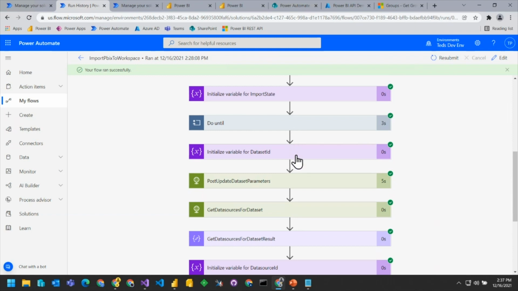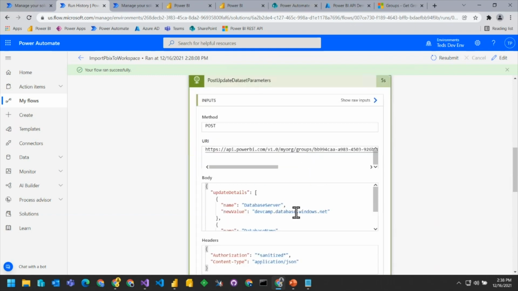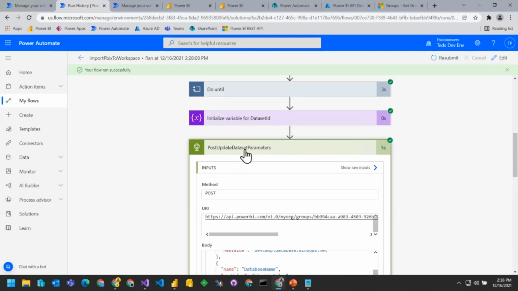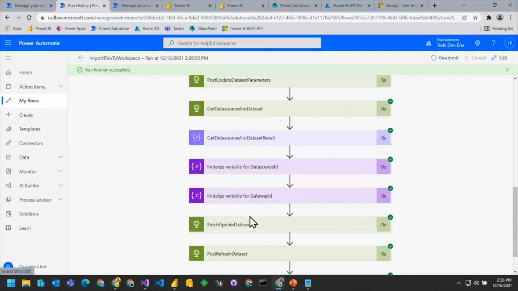Now, from the very last call to get import status, I can see the datasets and reports that have been created, so I can get the dataset ID. And now, here's examples of changing the database details, so I can update parameters. And now we're going to set credentials. And once we've set credentials, we're going to start a refresh operation.